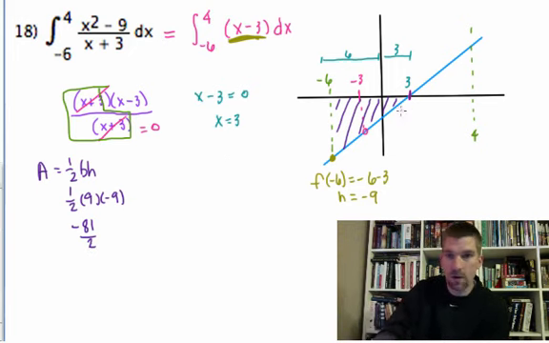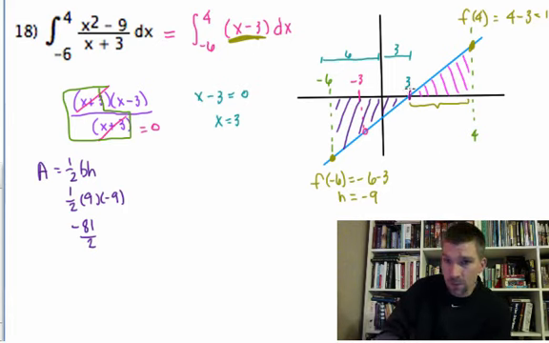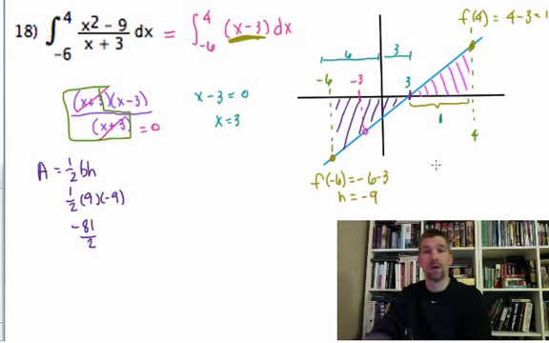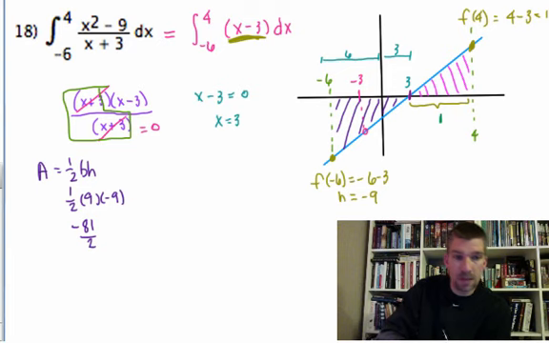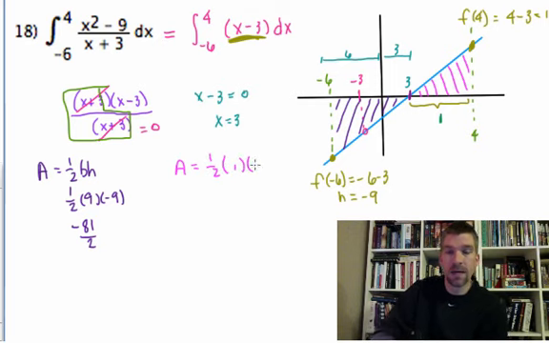Then we come over here and I need the area under this curve right here. Well, what's my height? Again, the height is determined by the function evaluated at 4. We're going to use x minus 3 still. So that's 4 minus 3, which is 1. Then we're going to use the base of this guy right here. The base on this particular guy goes from 3 to 4. That base is 1. So when I find the area of this pink triangle, I'm looking at 1/2 the base times the height,